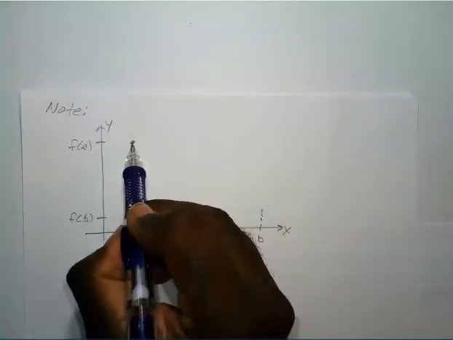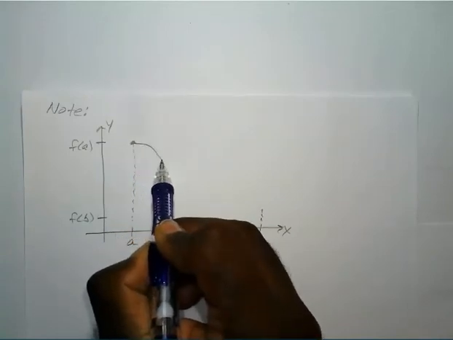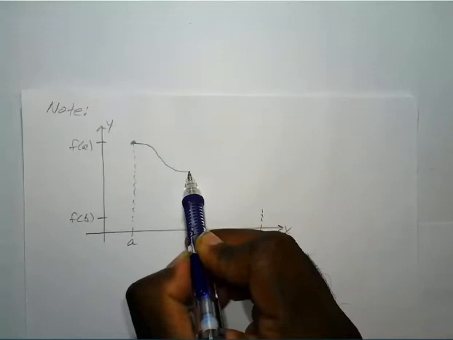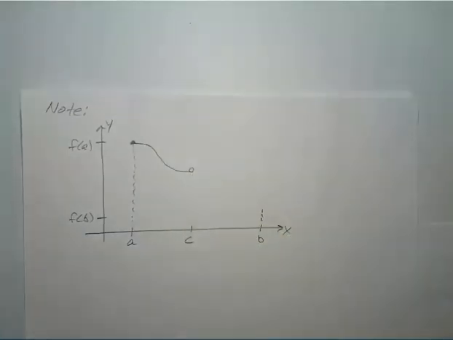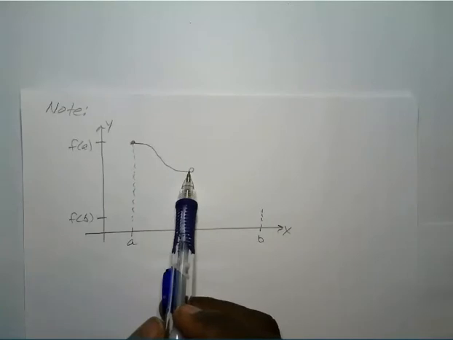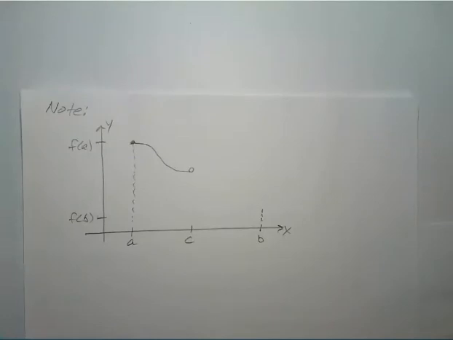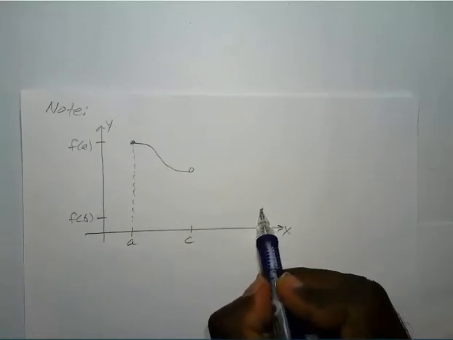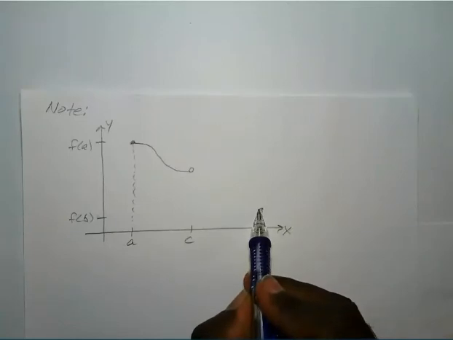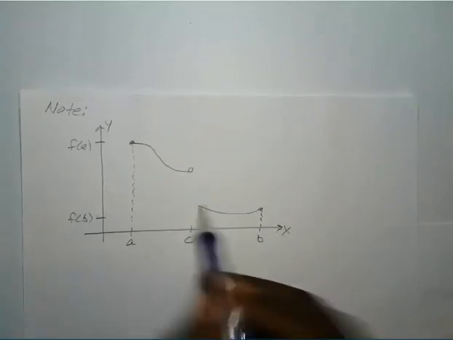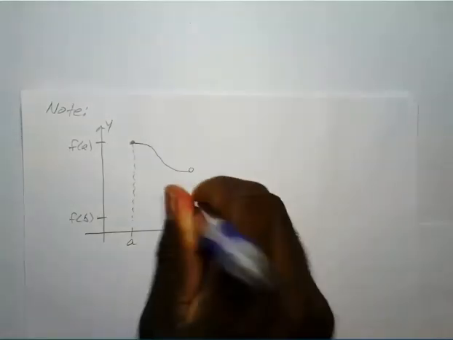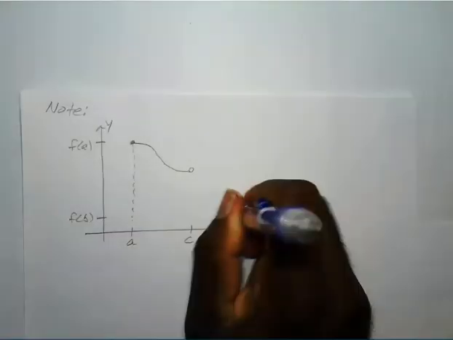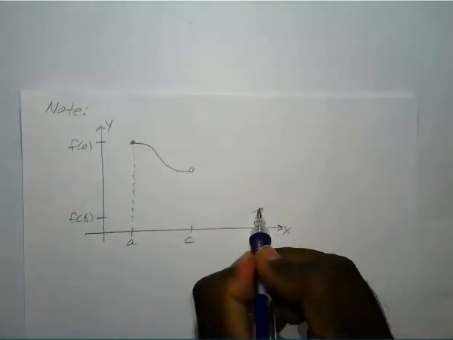And let's say from there you have a piecewise function where if you approach your c from the left, it's not equal to f of c. But let's say also that if you approach your c value from the right, it is equal to it. So if we bring that back down,